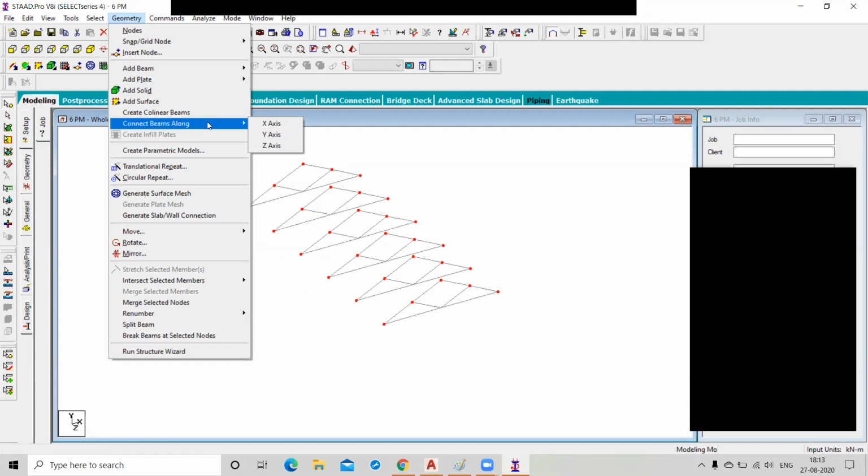So which axis are we going to select for connecting these nodes? Z axis, because it is towards the Z axis. This is because I'm going to teach you this command.